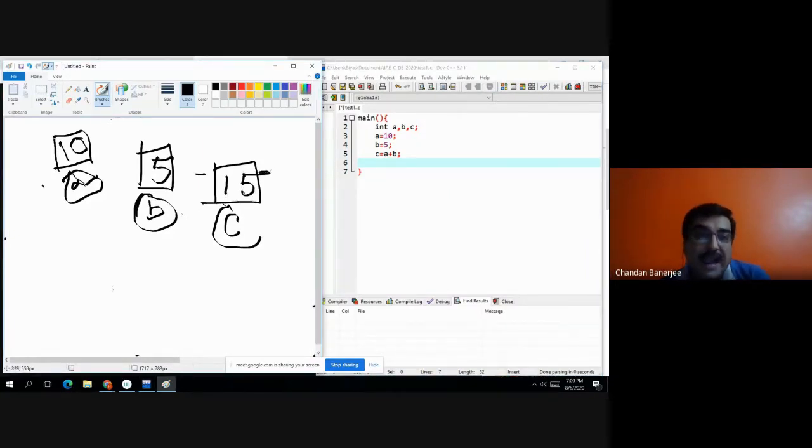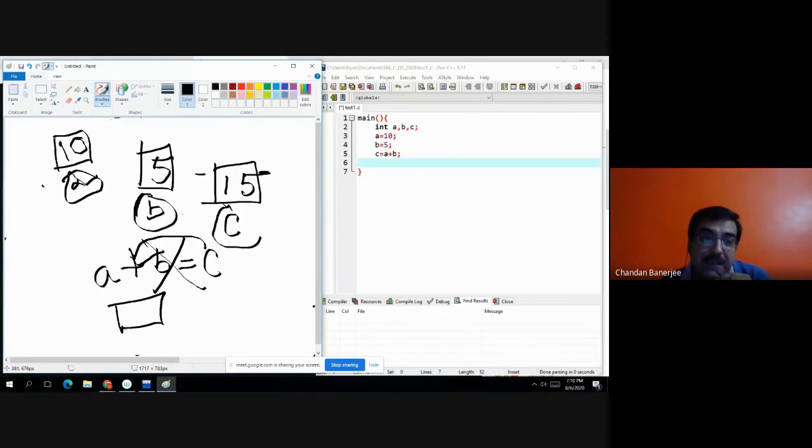You cannot write a plus b equals c. This is a wrong statement, because the right hand side value is assigned to the left hand side, and a plus b is not a memory location. It is an expression.